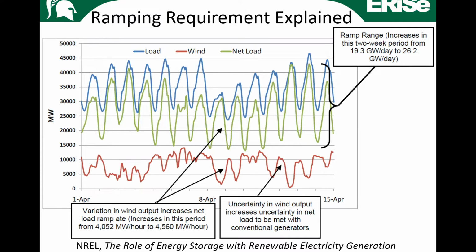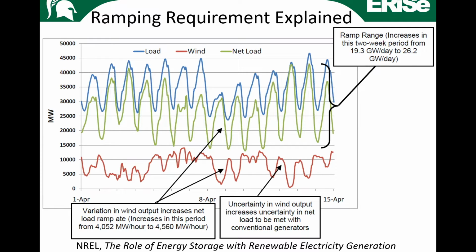You can basically subtract it from the total load to see how much remaining energy will have to be pulled from the rest of the grid, from conventional resources. And that's what the green curve does. So the blue curve minus the red curve gives you the green curve. Okay, and they are calling it the net load. That is the amount of load the conventional resources on the grid will have to pick up.